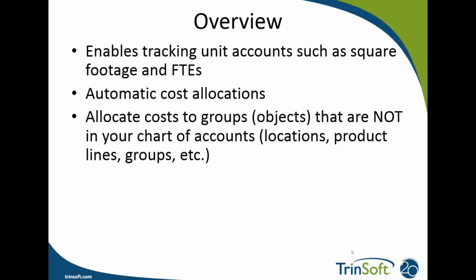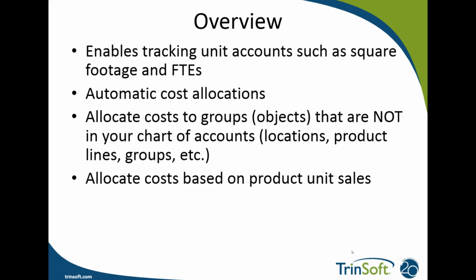general ledger. You can allocate costs to groups, they're called cost objects in NAV, that are not in your chart of accounts, such as locations or product lines or geographies or other groups. You can allocate costs actually based on product unit sales. So a couple of nice dynamic allocation methods here where you can actually allocate across product line based on item